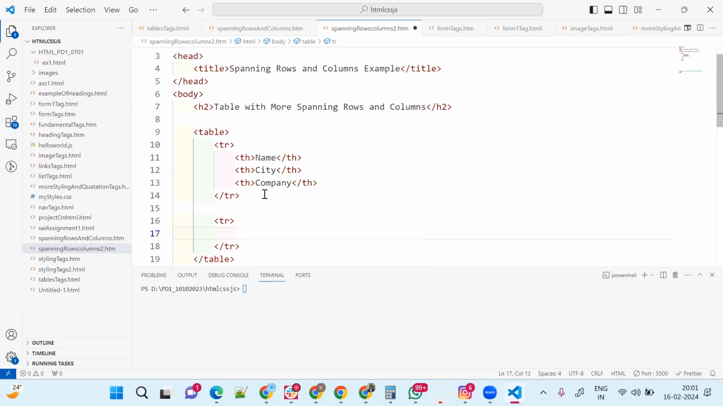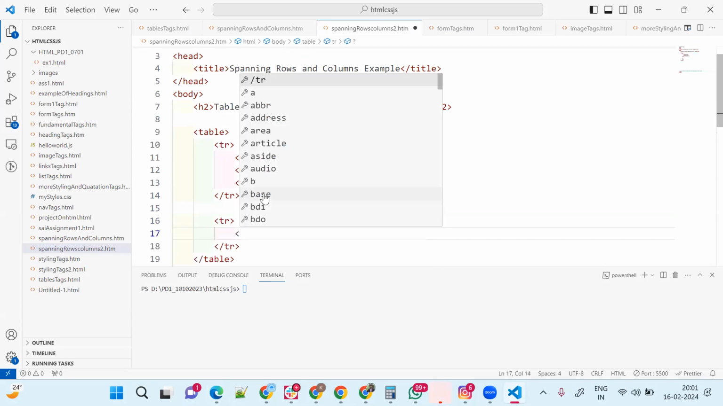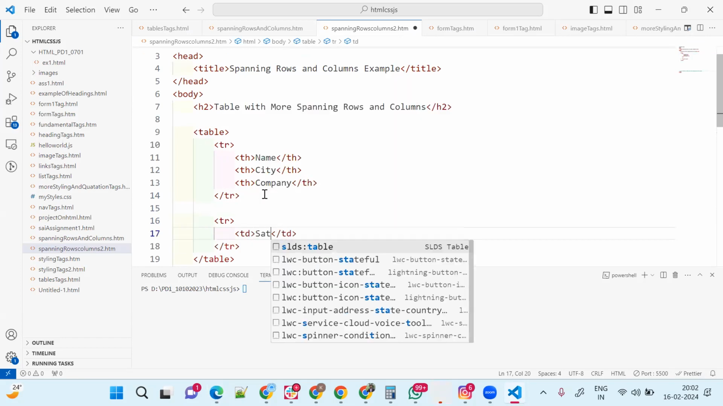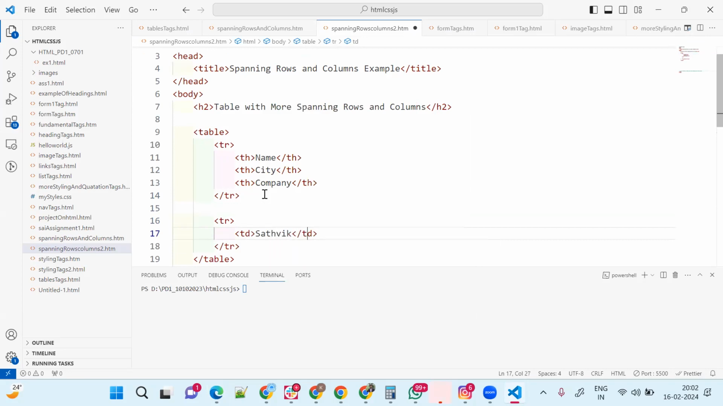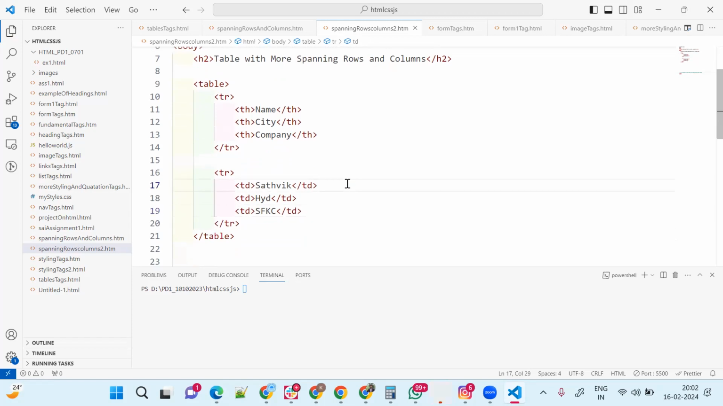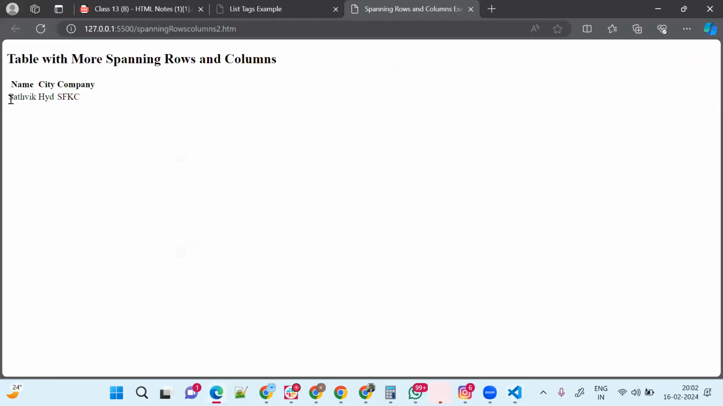Tr. Now I don't want to create one more header like a bold. Now I write td. Td. Satvik. Then one more td. Hyderabad. One more td. SFKC. Okay. Now if I save it and open, see, you have